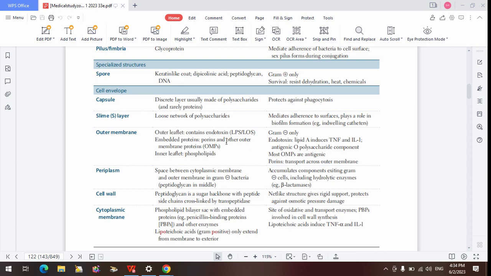Now, this endotoxin, what does it do? Endotoxin is notorious for causing shock. But it is not the endotoxin entirely that is causing the shock. It is a specific component of the endotoxin, and that is the lipid A component. Because we've said it, lipopolysaccharide and lipo-oligosaccharide contain carbohydrate and lipid. So it is the lipid part, lipid A, that actually causes the shock, because it can induce production of TNF